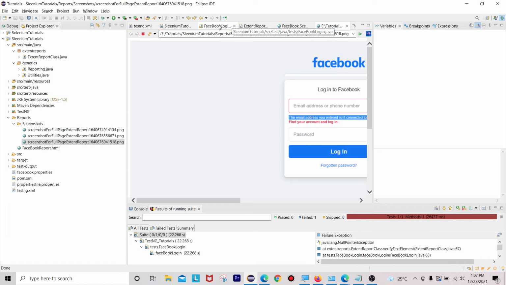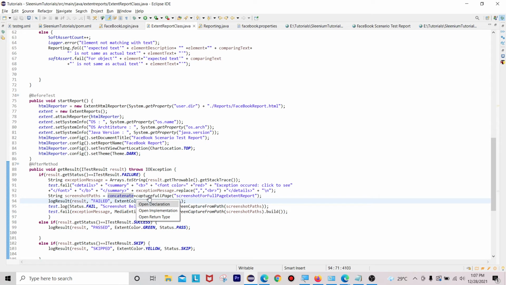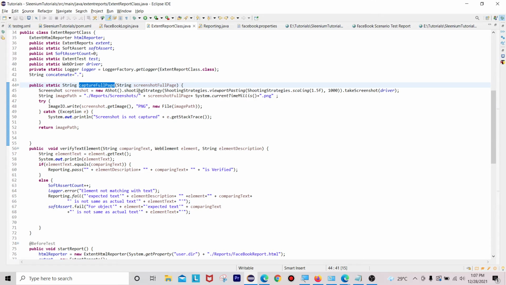So because of, you can go and check here Facebook login and inside our extent reports class, this is our capture full page. If you see here, there is some issue with this one.